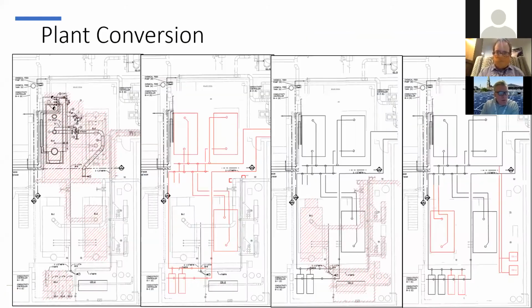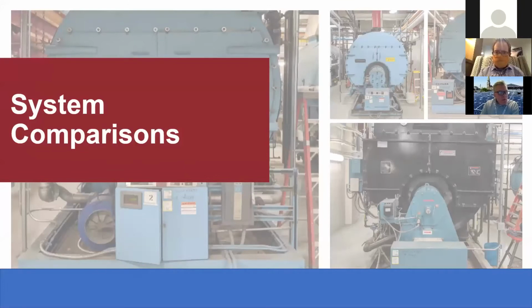And then a lot to see here, but basically these were drawings that were developed in order for us to come up with the cost associated with making such a conversion. And in this case, this would be converting the steam boilers within Sturm to either a natural gas hot water generator or electric heat pumps moving forward. So when we compare the systems,